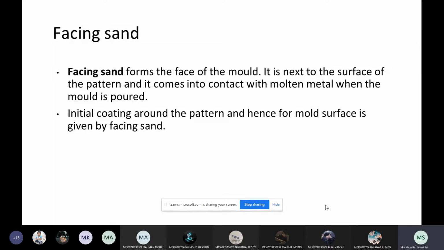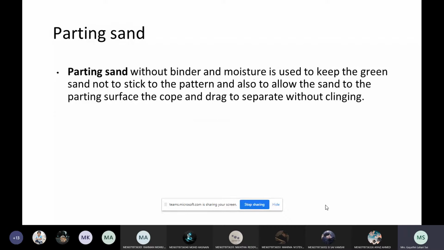Before pouring the backing sand, you will first fill it with the facing sand. And then this is a parting sand, where to distinguish the cope half and the drag half, you will be pouring the parting sand so that the sand will be in contact with the face of the pattern. So for easy removal of the pattern without any shake, because of the shake allowance there will be a deflection. So for easy removal and to avoid clinging of the pattern, you will be pouring this parting